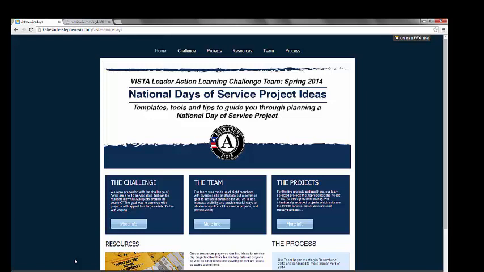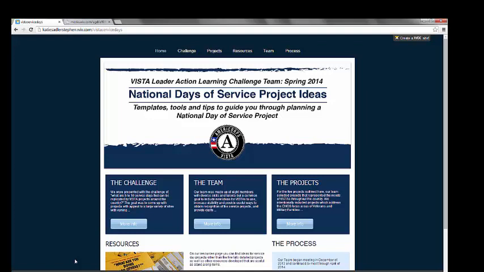In almost all cases, the final document and the website information are exactly the same. There are a few things that the website does have that our final document doesn't, like pictures of our team members, and just a couple of other little things where the website has been made a little bit more interactive.